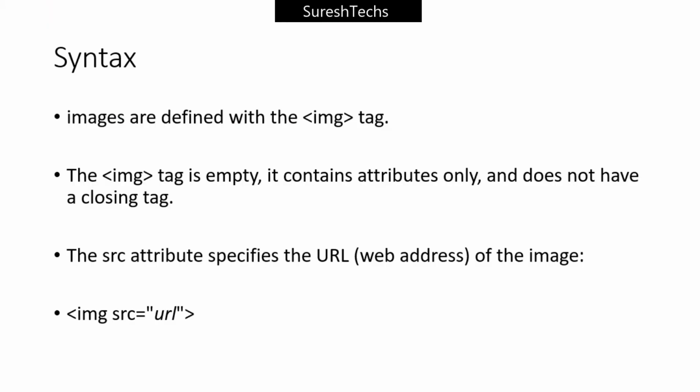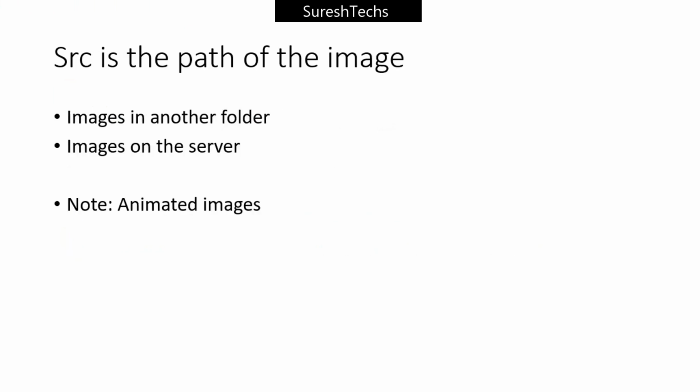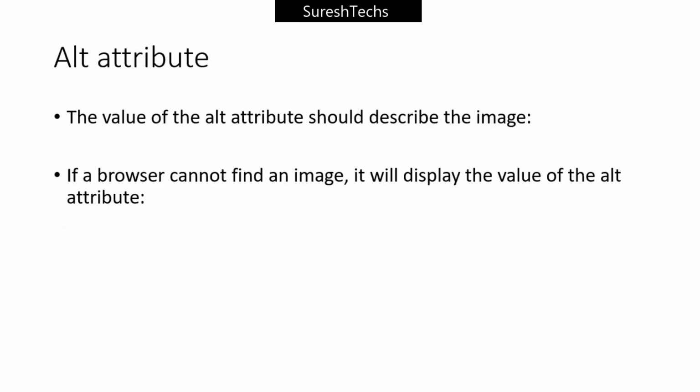So this is what we looked at. We can use an image by using src followed by the path of the image. Here we placed a PNG image and a JPG image. Similarly, you can place animated images which have the extension .gif. So you can place any type of image.